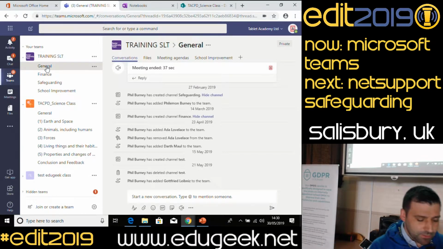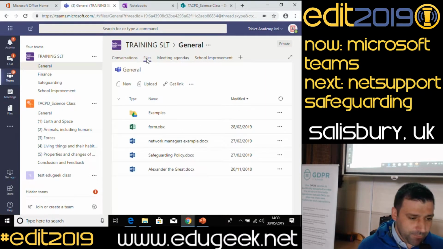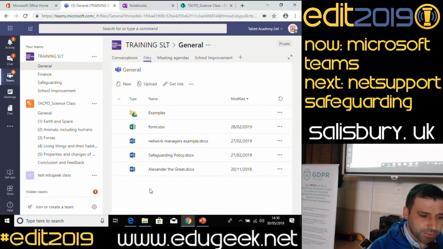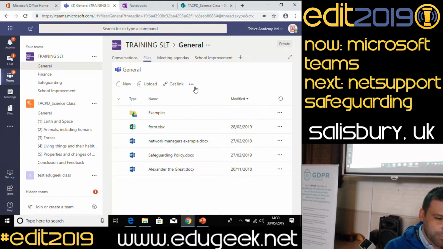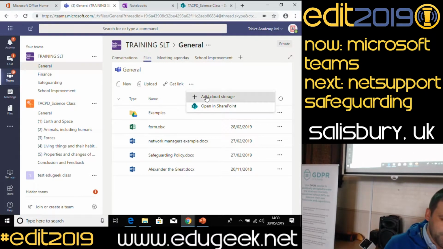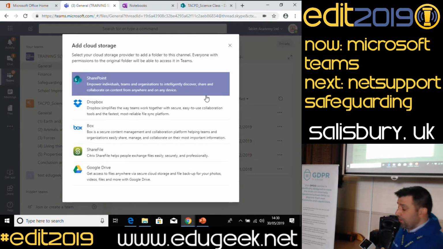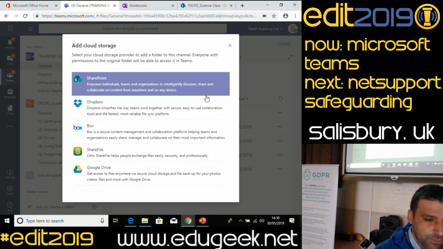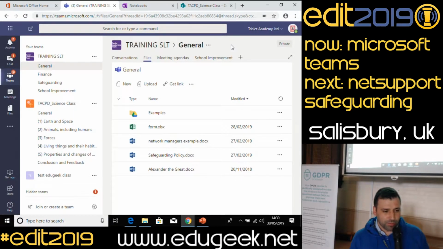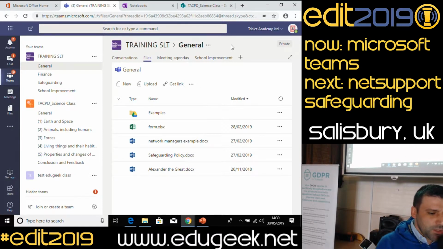Because within Teams, a files area is created, Teams can be created for them, and then they can add their resources in here. You may recognize that logo. You don't just have to use Microsoft tools, you can add in other cloud storage if you are working with that. Other cloud services are available to connect in, but of course, yes, you can turn them off as well if you don't want to have different pots to put your files in. So this is what a sort of